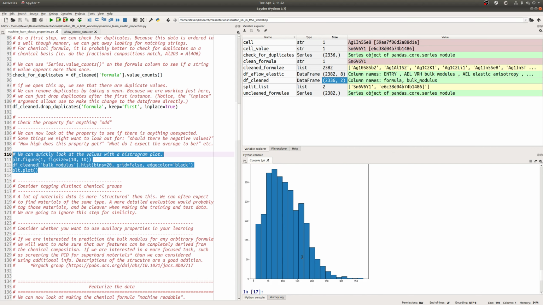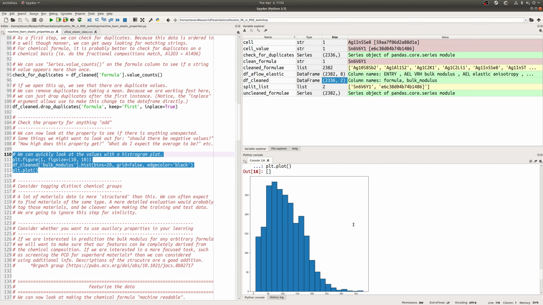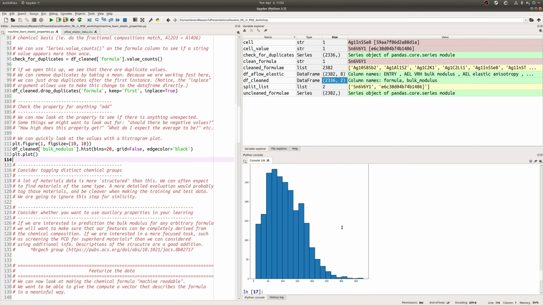That seems like a reasonable place to be for bulk modulus. Great. So it doesn't look like there's anything totally off about our data. So we can probably move on here. Now, a more detailed